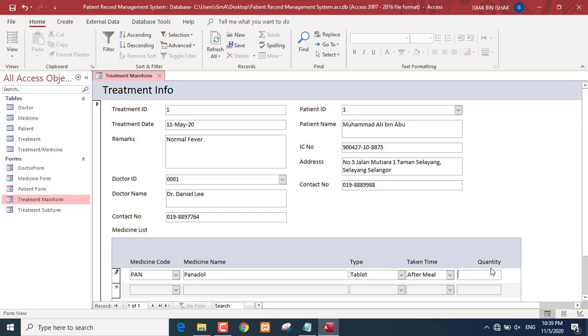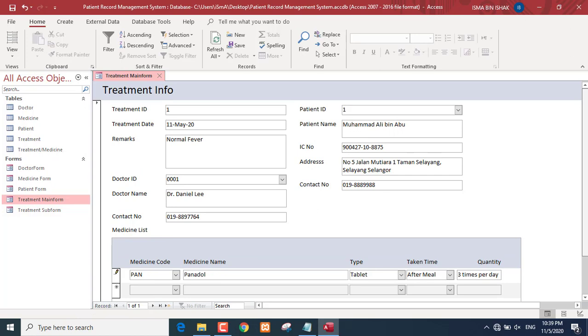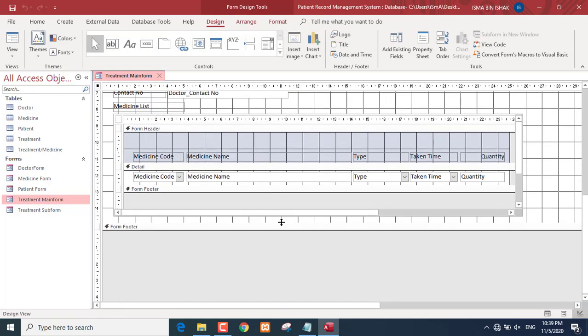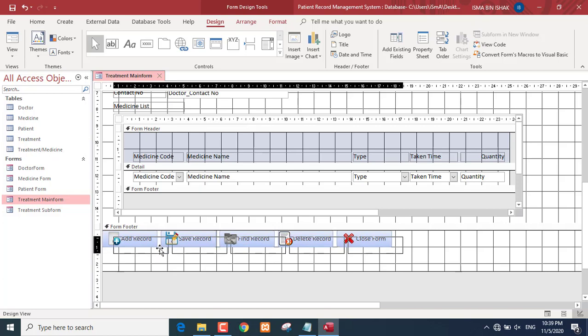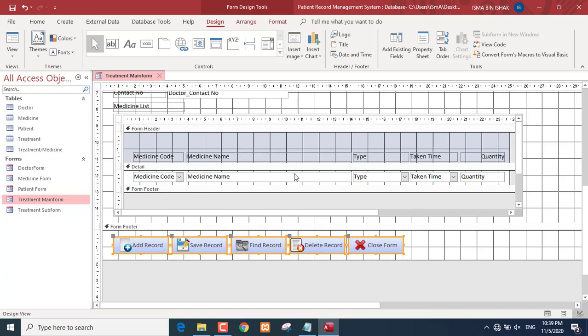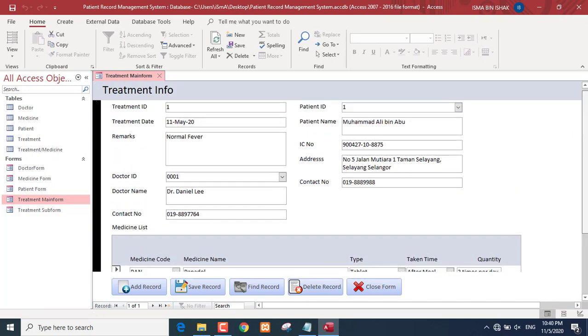Okay, 3 times per day. I can put something like this. So please customize back this form. Insert all the required buttons here. Do some changes, change the color. You can remove the record selector and so on. So I need you to key in a few records